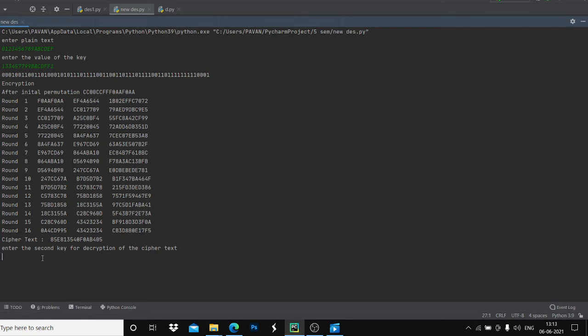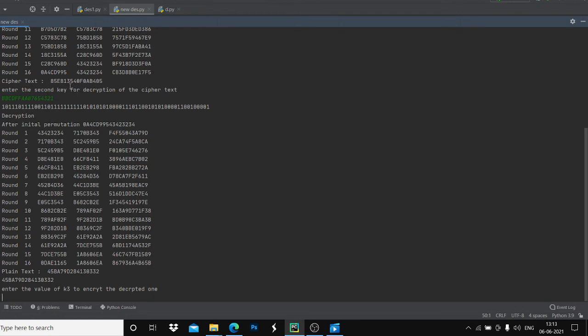Now the second key for the decryption process is 1, 2, 3, 4, 5, 6, 7, 8, 9, 10, 11, 12, 13, 14, 15, 16. When we enter a 16-digit key, 1, 2, 3, 4, 5, 6, 7, 8, 9, 10, 11, 12, 13, 14, 15, 16, now we entered the second key. After entering the second key, the ciphertext which we got from the first key is decrypted and we got the plain text as